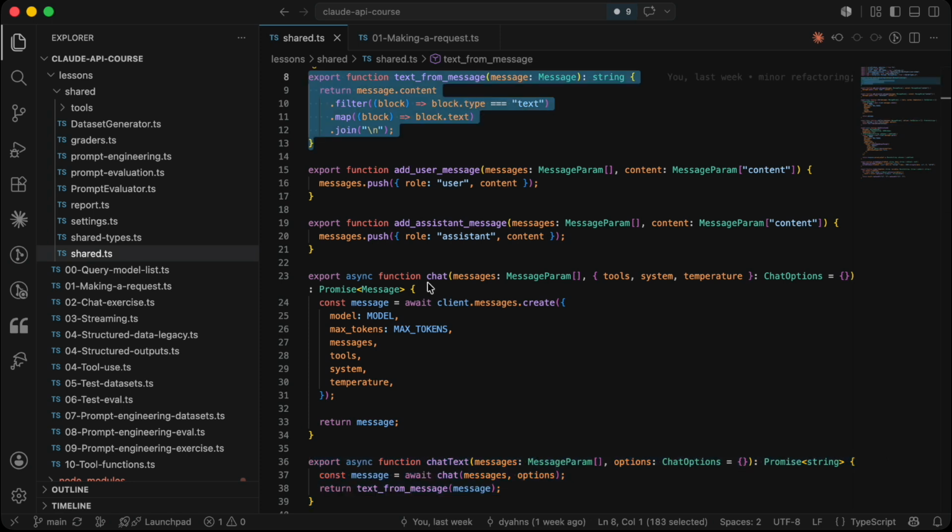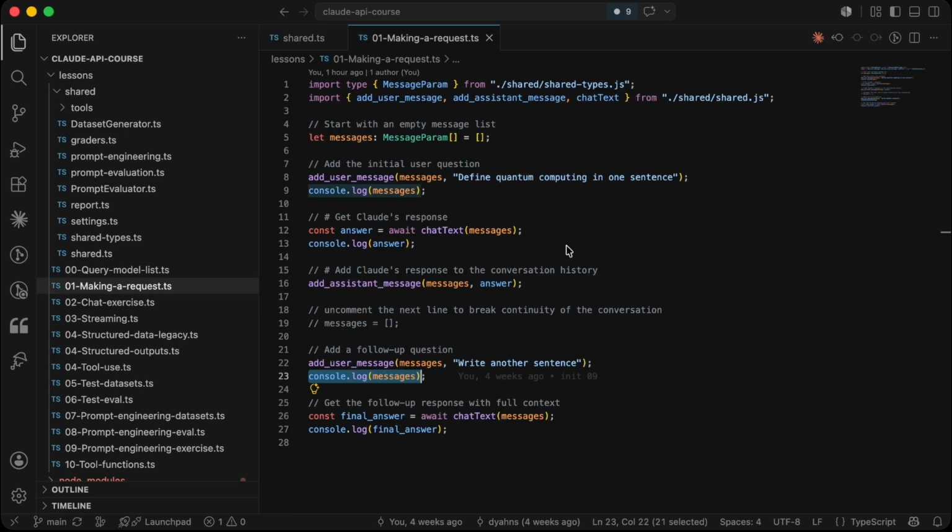Now the textFromMessage function handles the extraction. The official course takes a shortcut here, extracting the text from the first content block directly. But eventually it comes back to properly aggregating textual content, similar to what we do here. We just do it from the start.